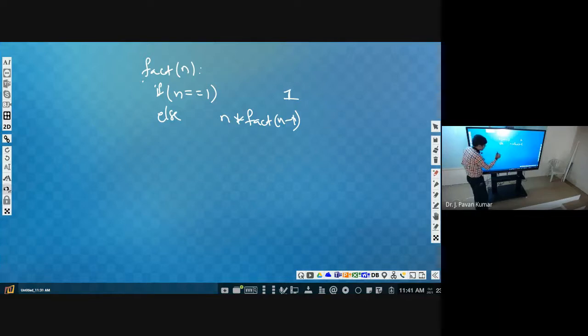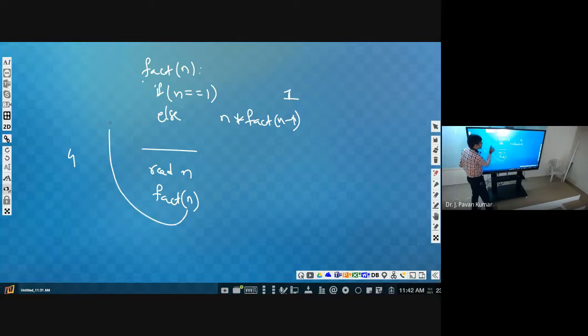Now coming to the actual algorithm, in this we need to get n as the input, isn't it? We need to read n value. Then we will make a call to this. That's why we will call fact of n. Then whatever the value, if you give 4, it will be substituted here. That will be passed to this. Try to understand. From here, this n value will be passed.